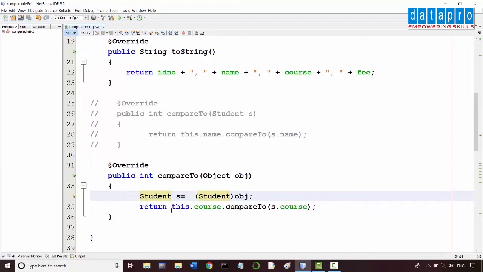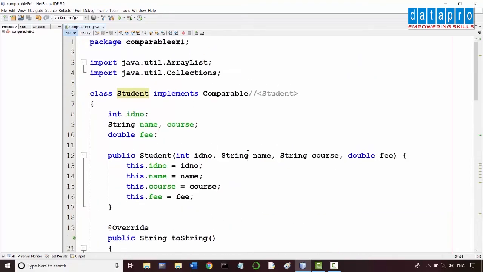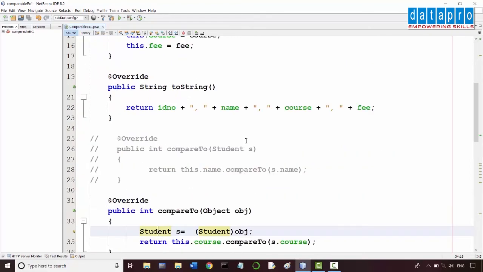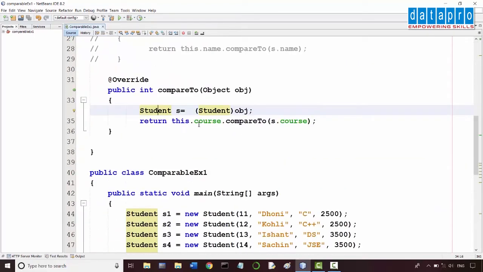Then just do the comparison. Here I want to compare based on the courses of the students. You know that course is a field of string type. So this.course means the object which has invoked this compareTo function, and s.course is the object which is passed to the function. If you can recollect, the compareTo function belongs to the String class.